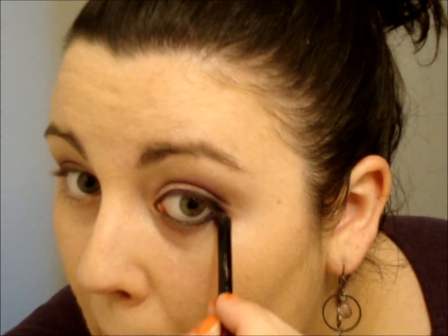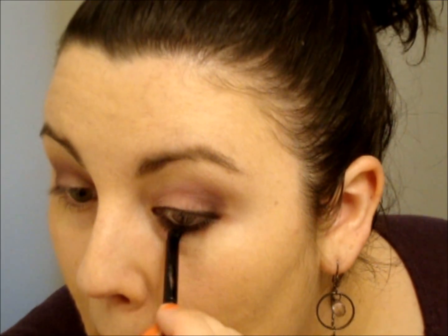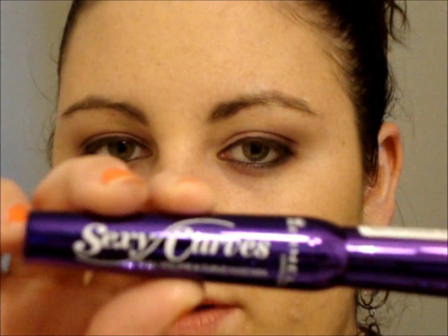And I'm going to use this Crown Brush right here. This is the same brush that we were using to soften the edges of the eyeshadow. And I'm going to take this purple shadow here. I'm going to bring it underneath a little bit. Alright, other eye done. And then I'm going to use my Rimmel Sexy Curves mascara,